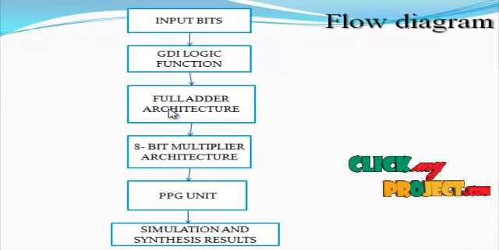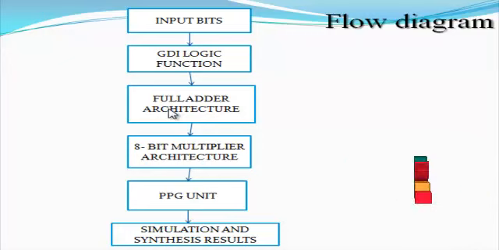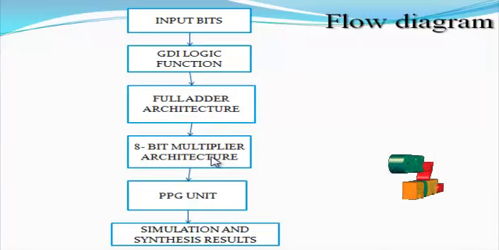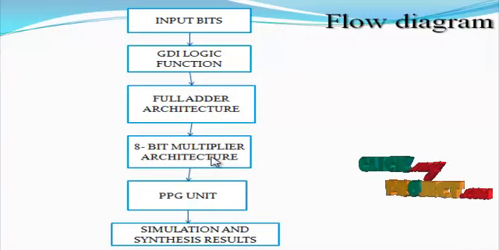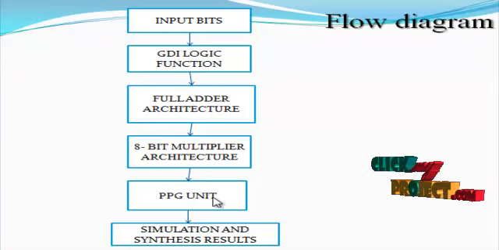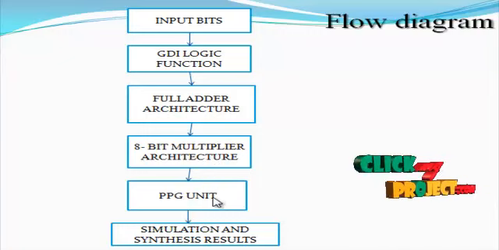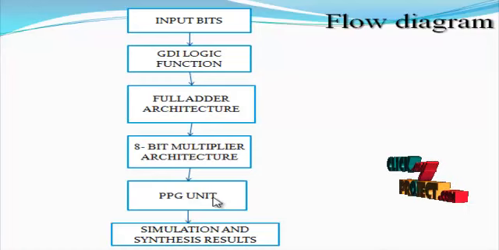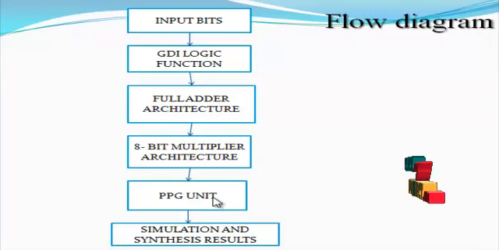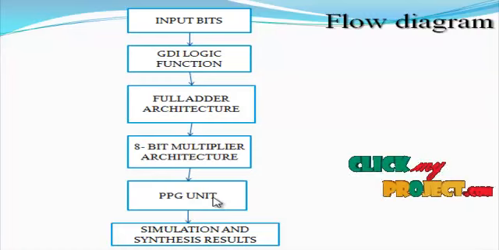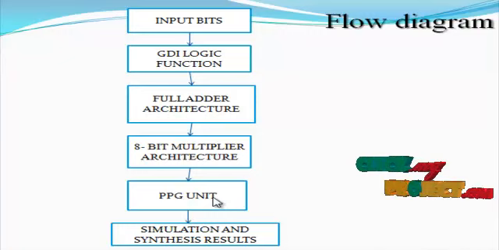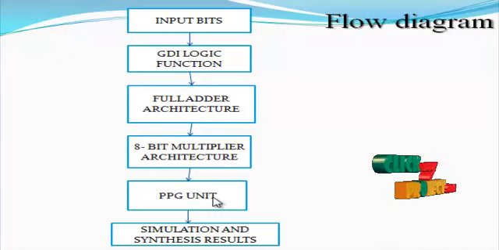This function improves the processing time, and this architecture is applied to the 8-bit multiplier architecture. This 8-bit multiplier architecture is mainly used for the structural modeling process. We implement the structural modeling process and develop the partial product generation unit. This partial product generation unit is mainly based on half adder and full adder addition architecture based on tree formations. These addition architectures improve the addition process and enhance the processing time based on our architecture development. These are the PPG unit processes, which apply the final step to display the results for the 8-bit multiplying results.